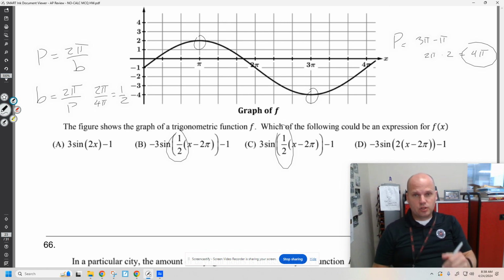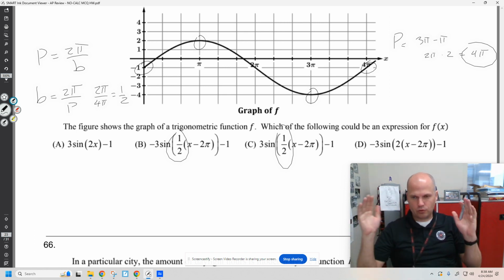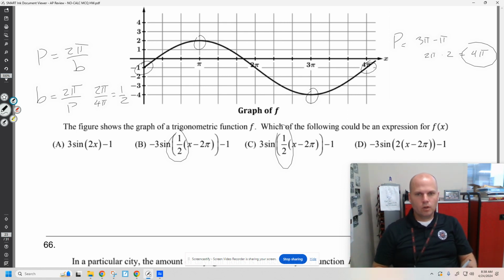What's another thing to find your period? You could also say like from the middle to the middle. You can see that's 4 pi. So not from the middle to the middle. After going through your entire cycle, one period, boom, period's 4 pi. So b's a half. We either are going to shift over to 2 pi,